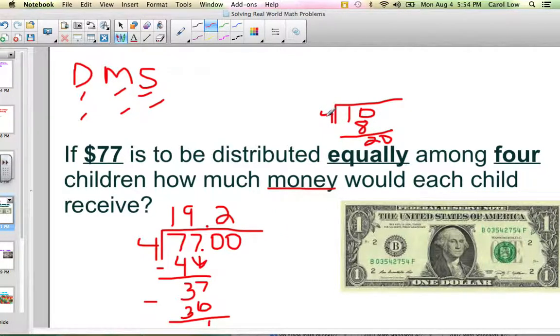How many times can 4 go into 20? It goes in there 5 times. And 5 times 4 is 20. And I subtract, and I get 0. So each child would get